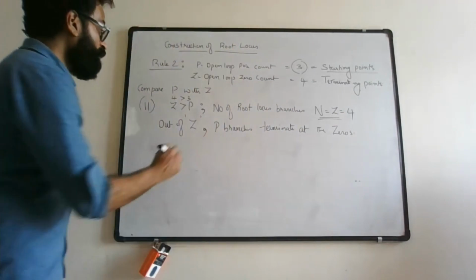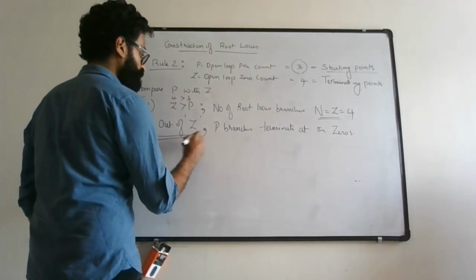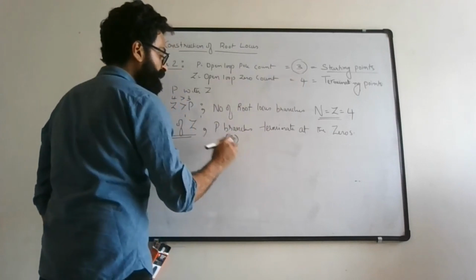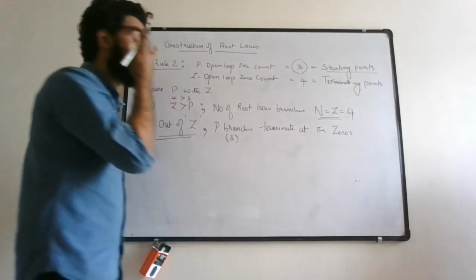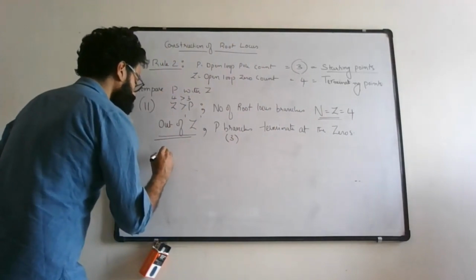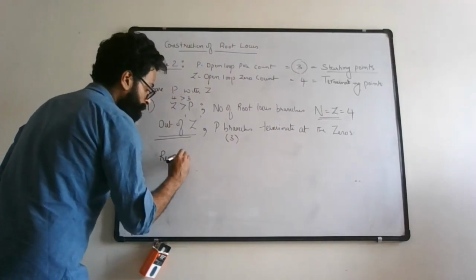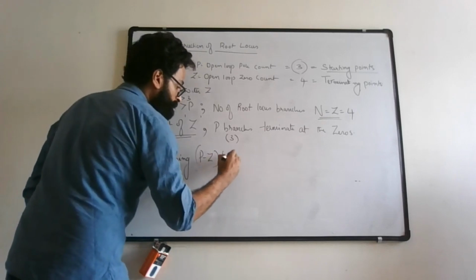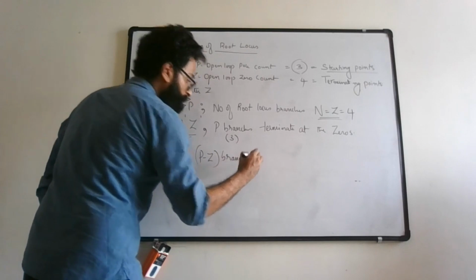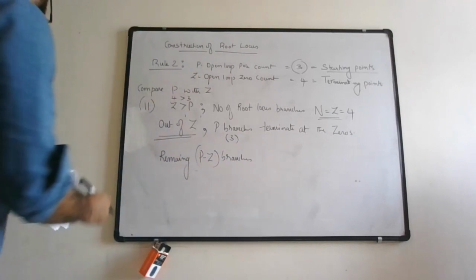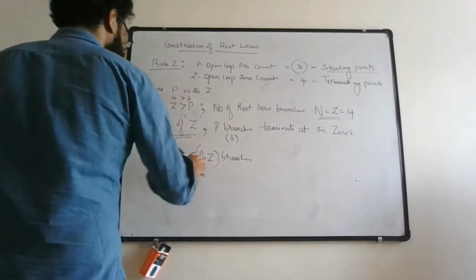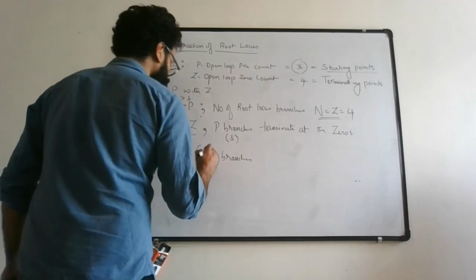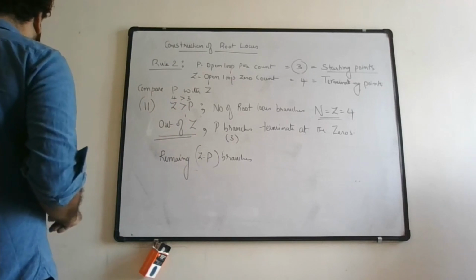Out of 4 root locus branches, p branches, and what is the p count? 3. 3 branches terminate at zeros, and the remaining z minus p branches, because z count is greater, right? Remaining z minus p branches